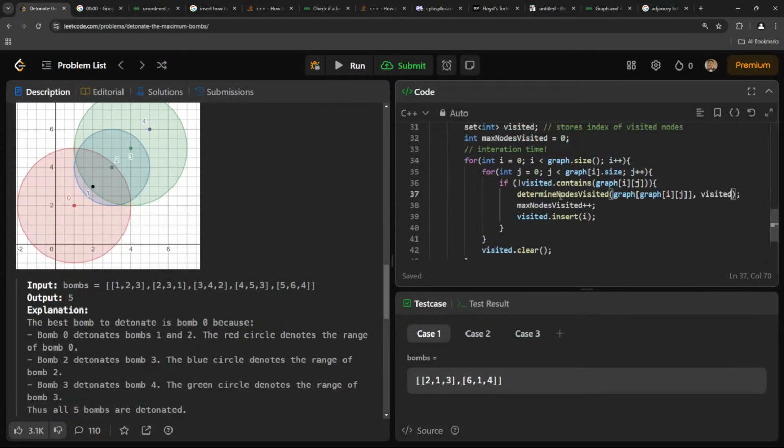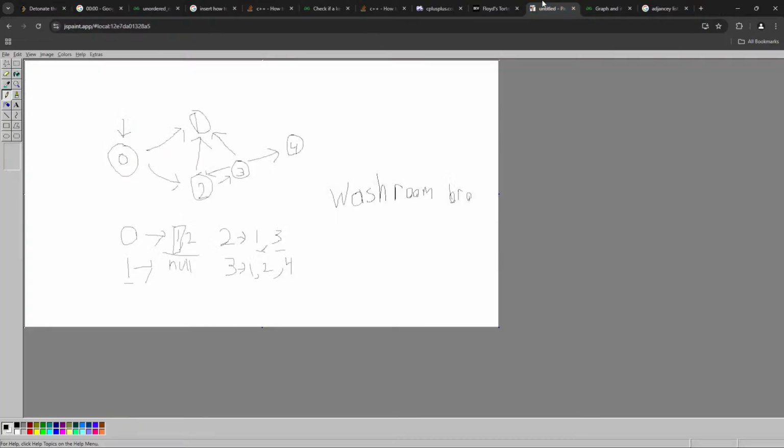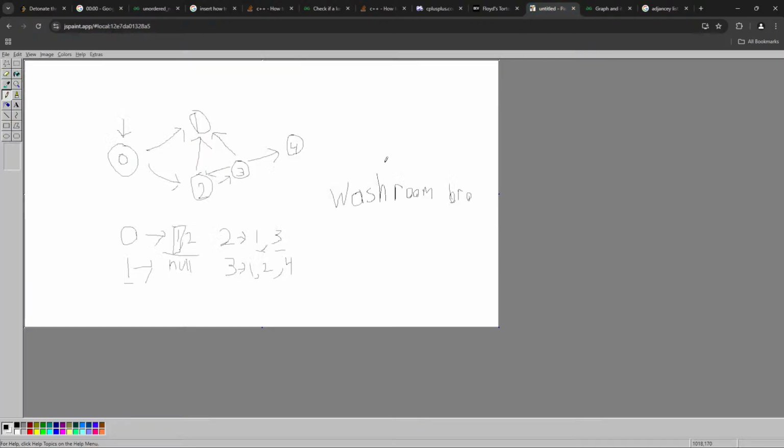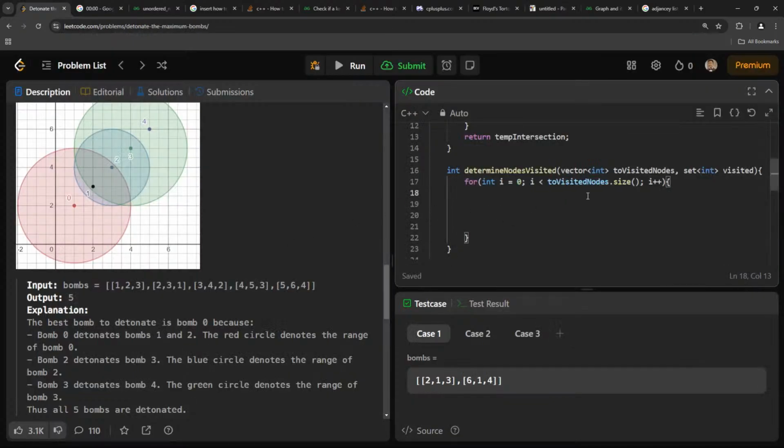So this is 0, contains 1 and 2. Visit does not contain graphs 1 and 2. Determine nodes visit for graph at i, j. So it's 0, 1. So here 1. So it's going to run this function. Then it's going to run, I have this one. So for this one, I want to run this function on it too. So determine nodes visit for